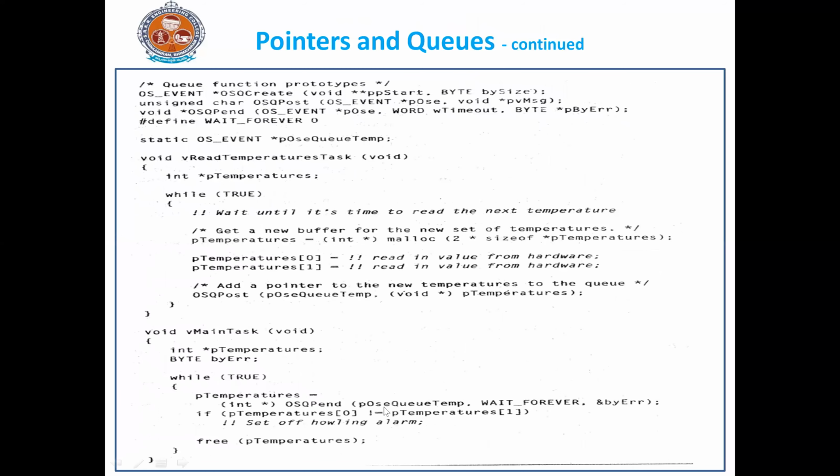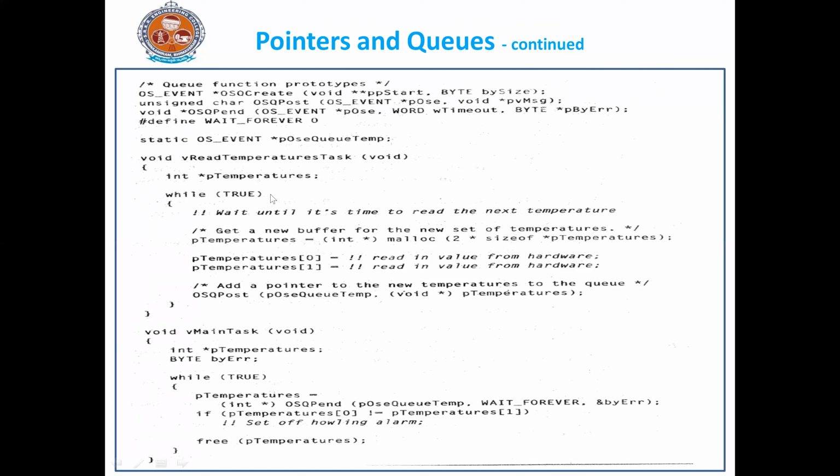Now we will see how you can use the pointers along with the queues with the example of a nuclear reactor. This nuclear reactor example has already been explained many times in the previous sessions, depending upon the topic. Here we will explain it with queues. In the nuclear reactor application, you will have two different tasks. One is the read temperatures task, and another one is the checking temperatures task. First we will see how it will write the temperatures onto the queue, so that's why we are writing the main task.